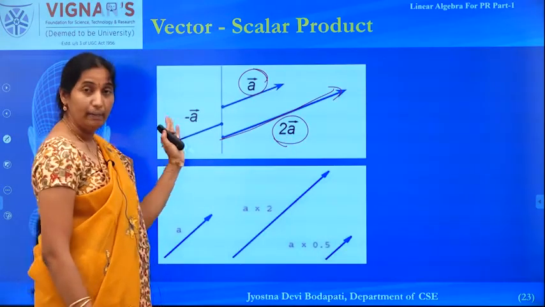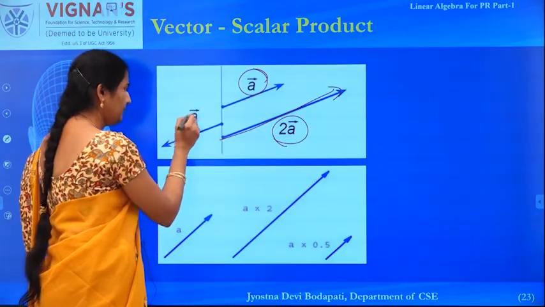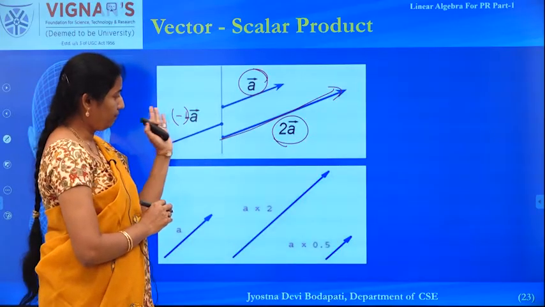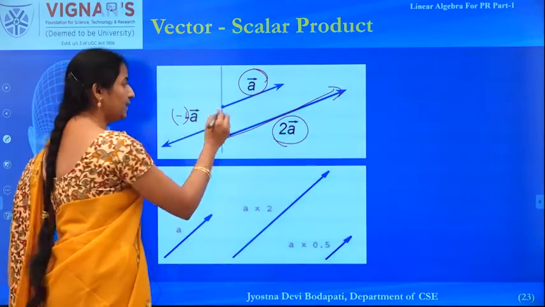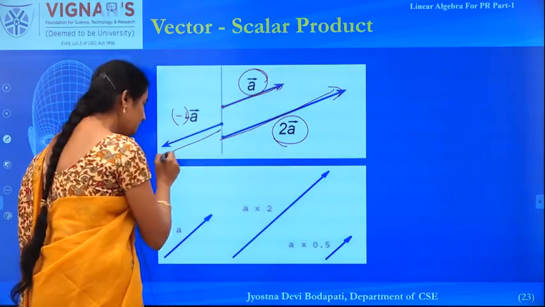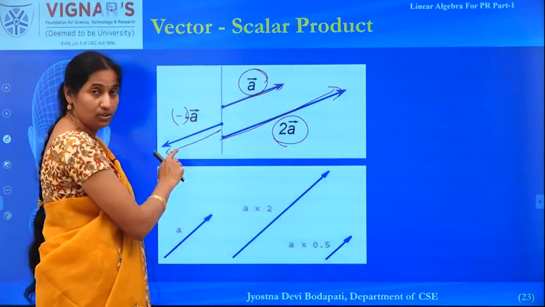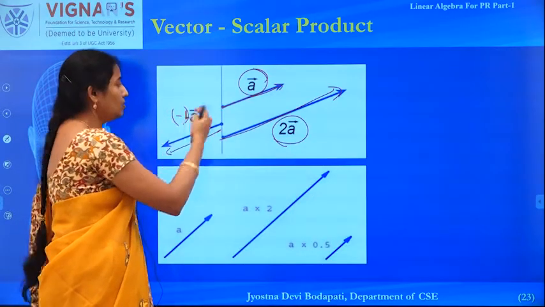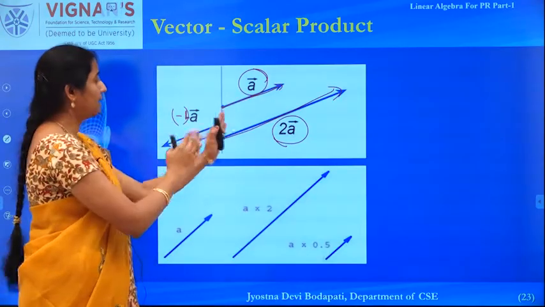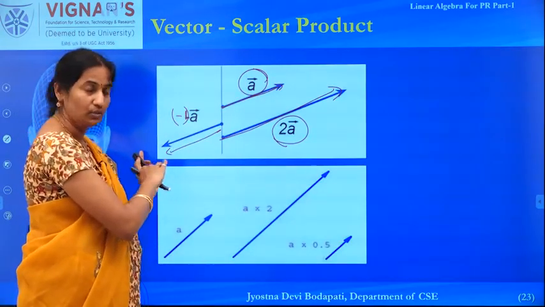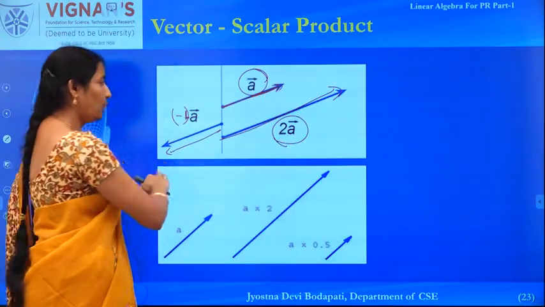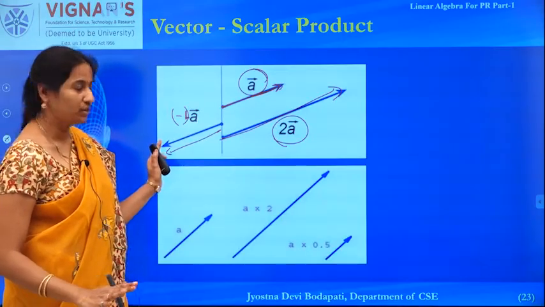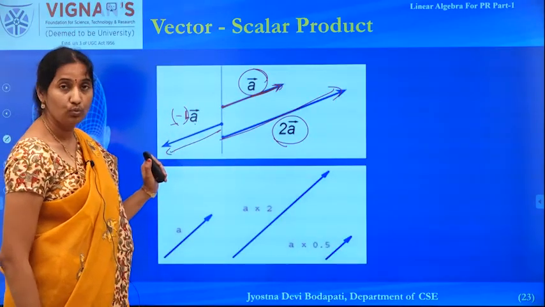Now consider minus 1 is your scalar. Minus A is nothing but multiplying with minus 1, right? So it's a scalar product of minus 1 with your vector. In that case, if A is this, then your minus A is this. The magnitude will not change because the scalar is only 1, but because of the minus sign, the direction of the vector will change exactly in the opposite direction. If it is in this direction, it goes exactly 180 degrees the other way. The magnitude does not change here because you are multiplying with the value 1.